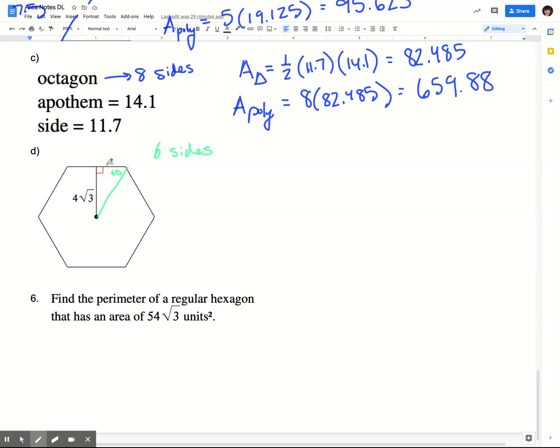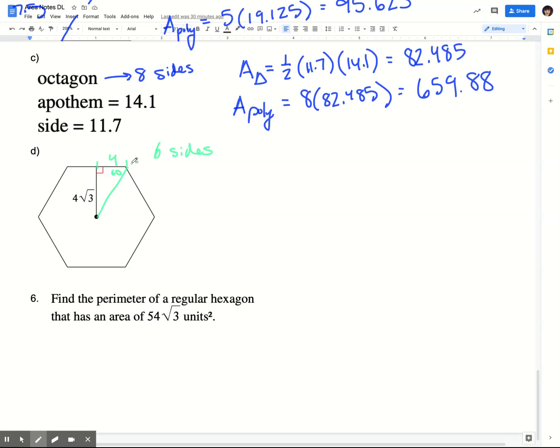If I did not teach you special right triangles, then it's very unlikely that you will see a problem like this. This is definitely more of a challenge problem. Like this one and the next one, definitely more of a challenge problem here. But I'm going to let you know, if you use your knowledge of special right triangles, or you could use your knowledge of trig, to find this, you'll get that this value from here to here